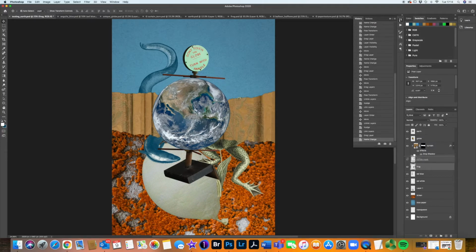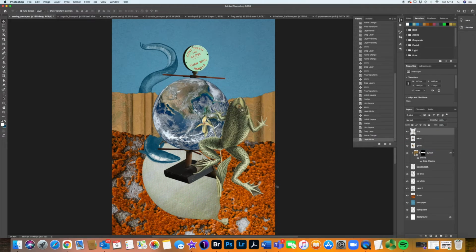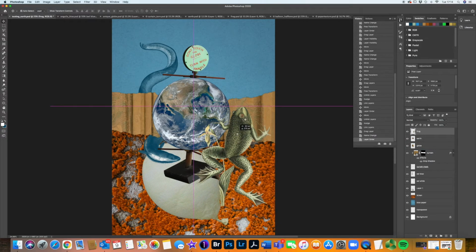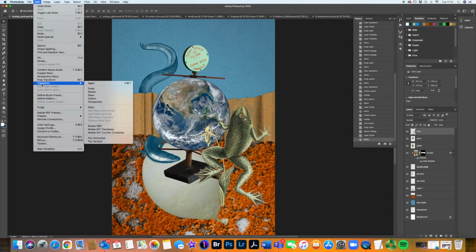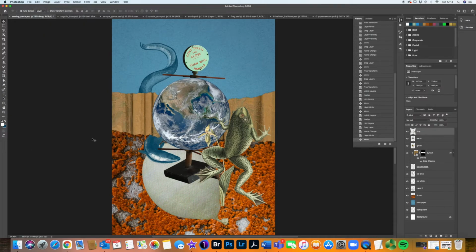So let's bring him to the front. There. Okay. I quite like to flip this. So if I go to Edit and Transform, this enables me to flip horizontal,